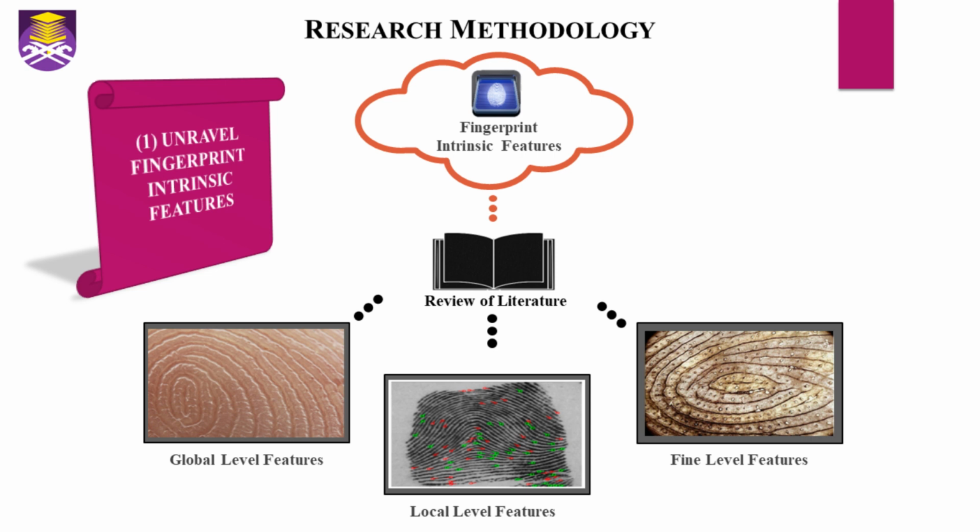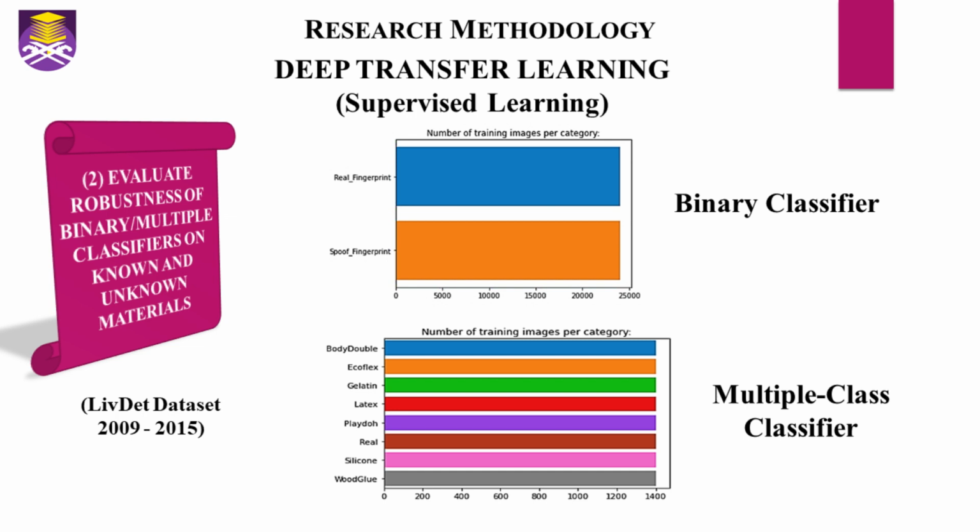These are more complex features, but for the sake of this study we made use of a combination of the global and local features as our discriminating tool against spoofs using the length feature process. And next, for the second objective, which is to evaluate the robustness of the binary and multiple class classifiers,